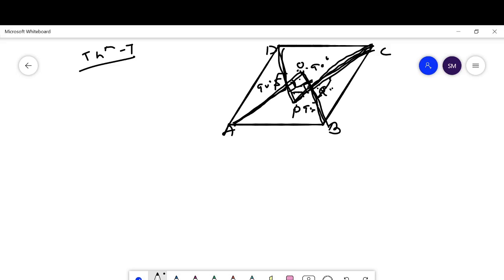Then here is an example. Students, please practice a variety of questions. I have already told you, do your exercise regularly and ask me your doubts in my comment box.